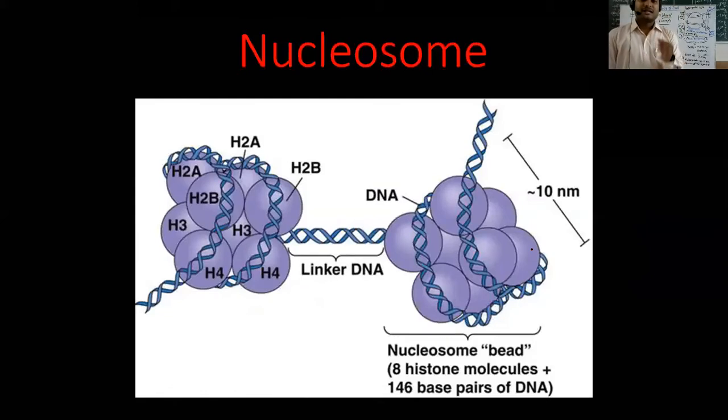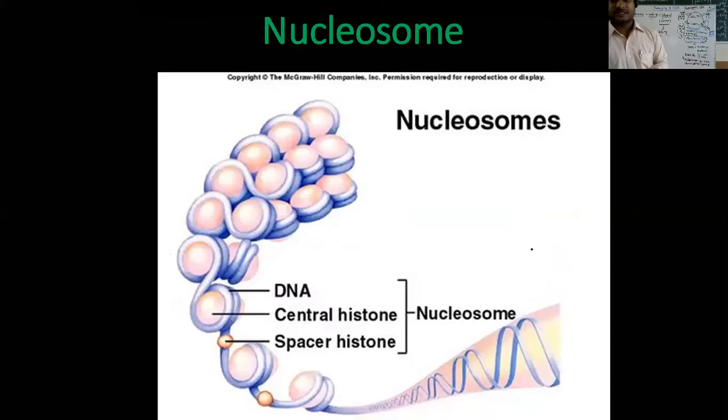Now here you can see the different nucleosomes, the histone proteins that are associated, and you can also see the linker DNA or the spacer DNA. And you can see the diameter turns out to be around 10 nanometers for the structure. Now, as I said, when the nucleosomes are there, they undergo further compaction, further coiling or supercoiling, and from the nucleosomes it undergoes the further structure that is the solenoid, and then the chromatin fiber and chromatids.